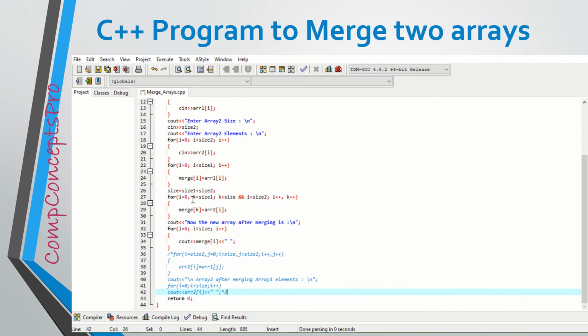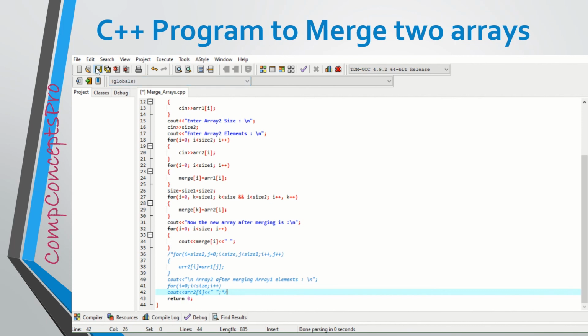So the k will start from the empty positions of merge array. Like here we have already copied the elements of array 1 in merge, and from where the empty positions are starting, from there we will again start the loop for copying the elements of array 2 into this third array.